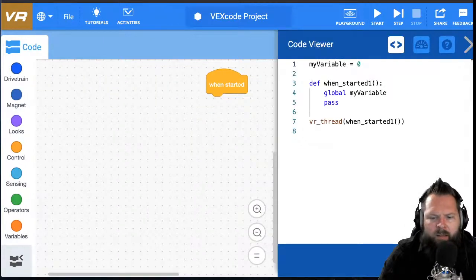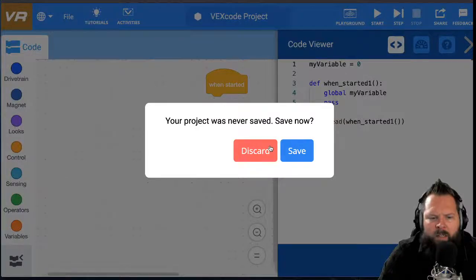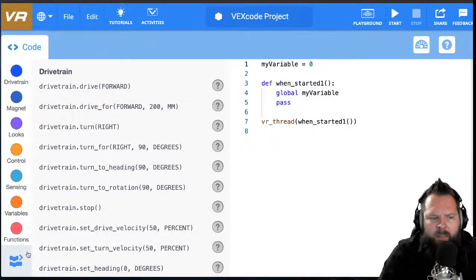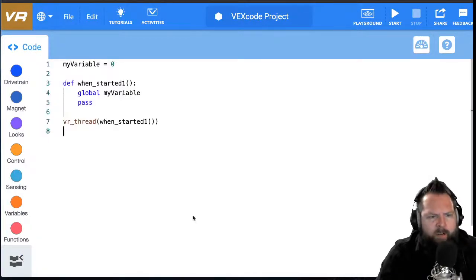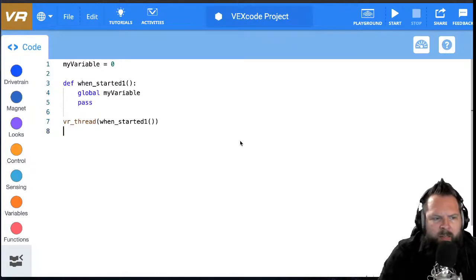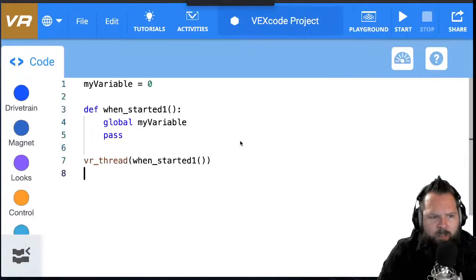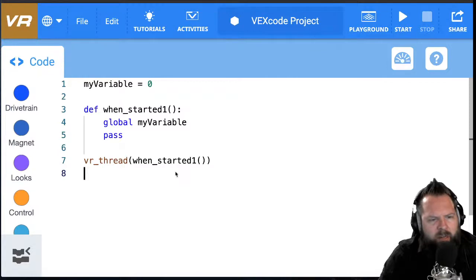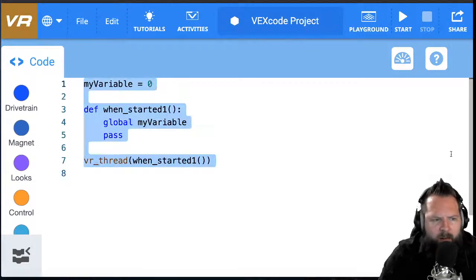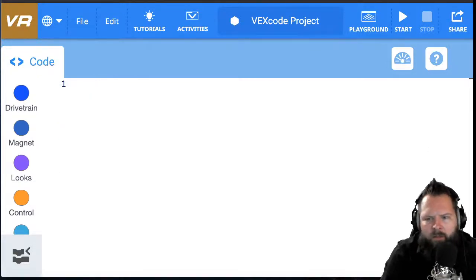Open up that, say convert to text project, discard. All right. Collapse this little thing right here again. Okay. Boom. Now you've got very little on the page to make things not so intimidating, a lot easier. I'm going to highlight all that and delete it. Okay. So you got,